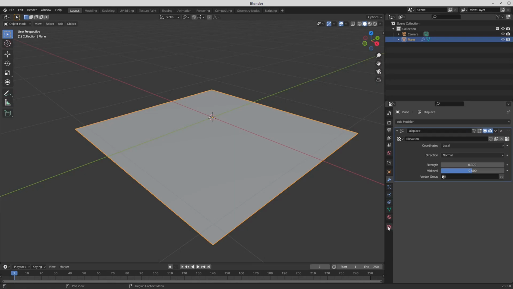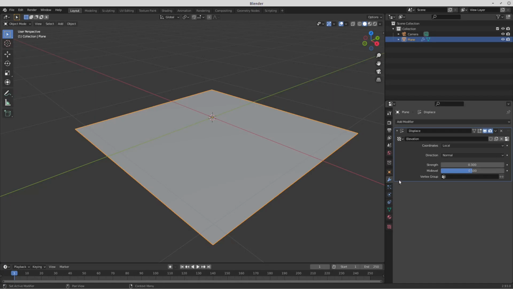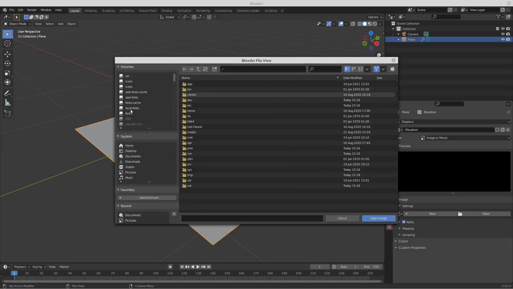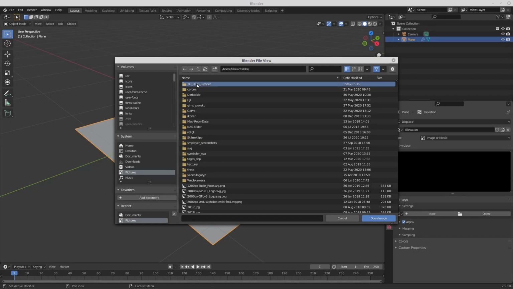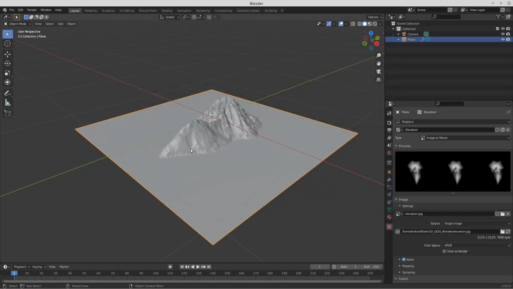And to go here to the texture settings or texture properties, you can use this button to the right here, show texture in texture tab. But you can jump back and forth between the settings here. So you are in the modifier tab and the texture tab. So the texture for elevation should be an image, and let's open and pictures elevation like that, and immediately you see